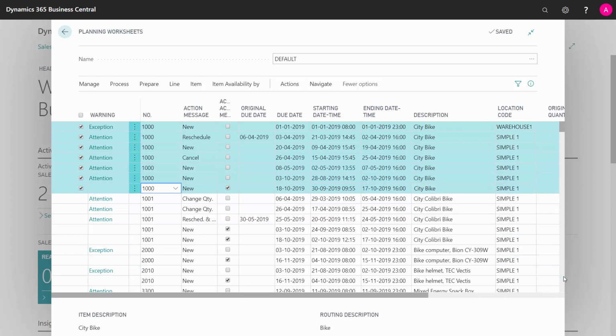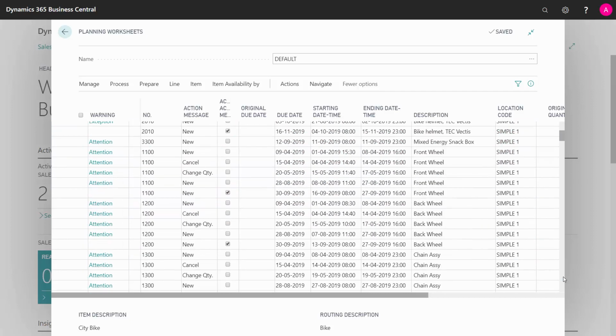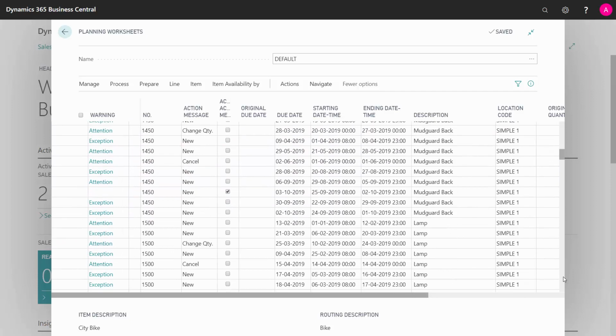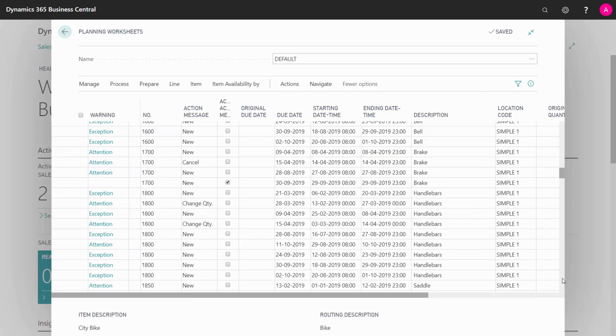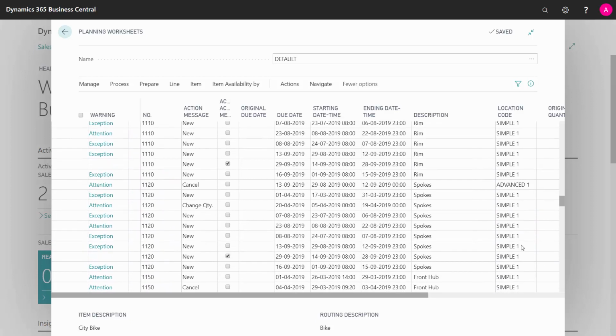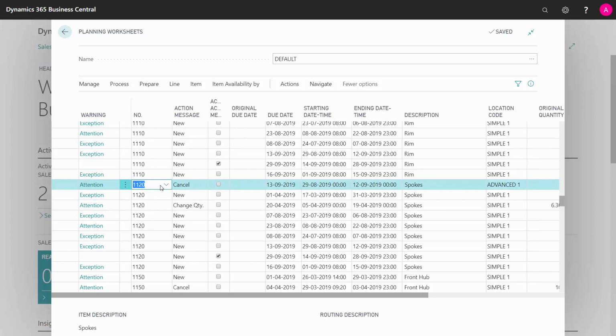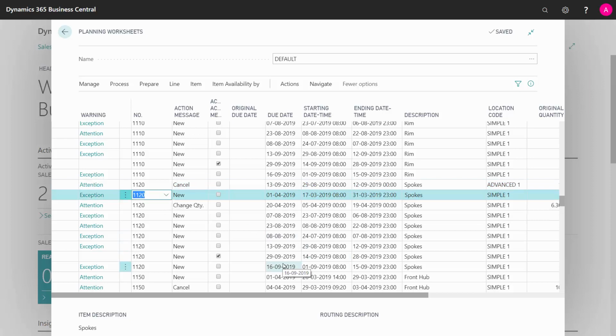Now most of my data is in the location warehouse 1, but if I scroll down, I can see on other items, look at the item number here, they are getting higher and higher until I come to, as an example here, my item 1120. This is the first item in the low level code 1, and the first line is on location advanced, so it calculates all of location advanced on that item, including variants if I have set up variants, and then it calculates all locations to the next location, etc.